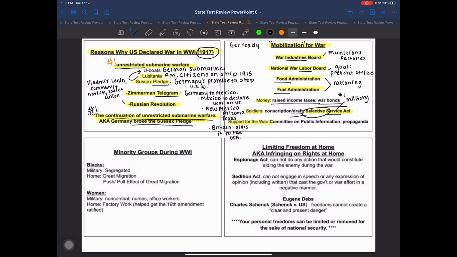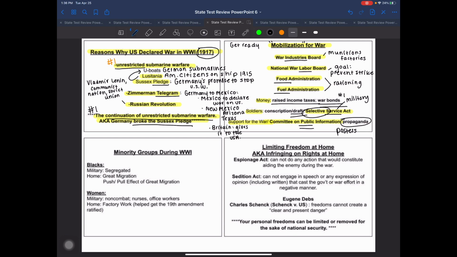The next one, the actual name of the organization, I should have highlighted it as well, is the Committee on Public Information. And the main focus here is getting the public's support for the war. And they are going to get this support by using what's called propaganda. The most popular form of propaganda is through a lot of posters, but it can be poems, it can be speeches, it can be movie clips. Like if you go to the theaters and there's a little clip at the beginning of the movie encouraging you to grow victory gardens or buy war bonds and to make sure you're rationing and things like that.